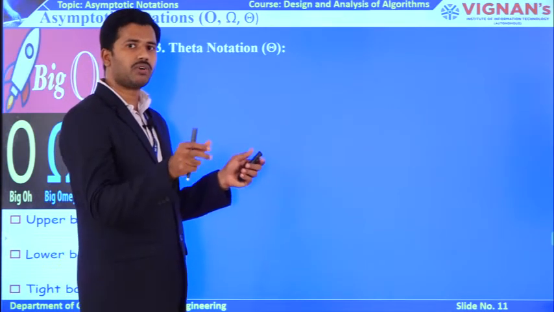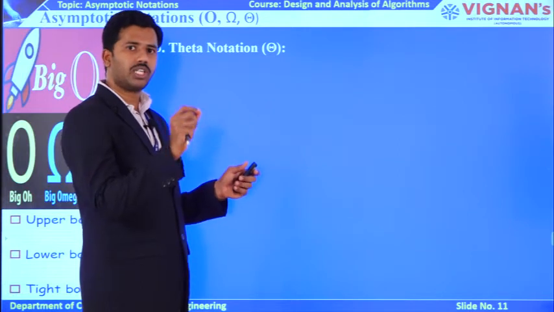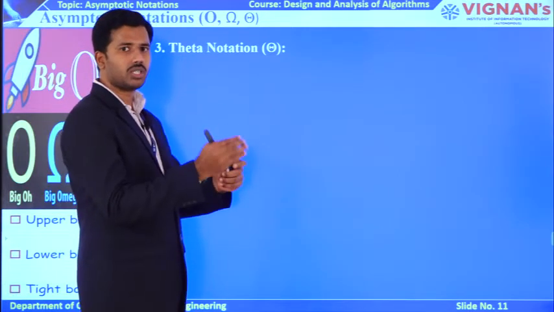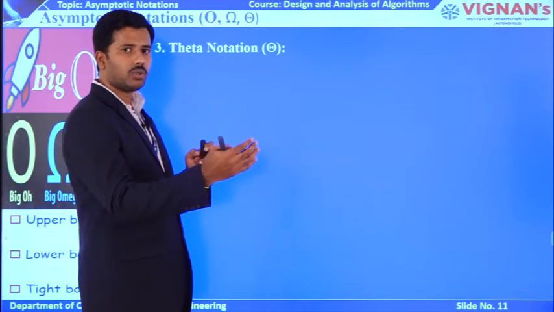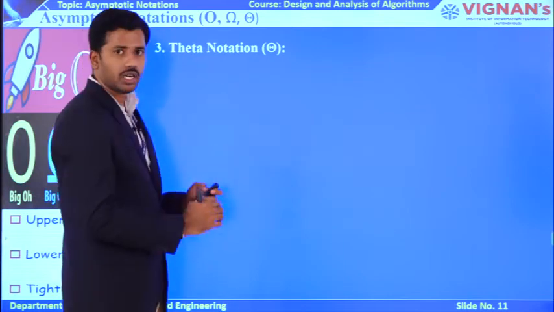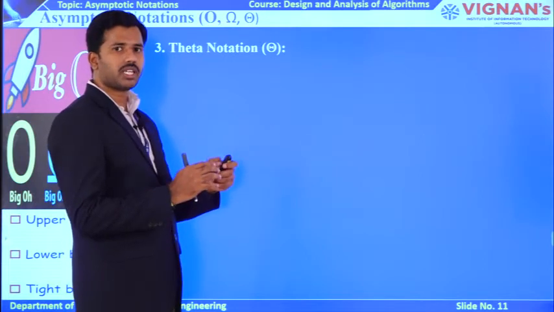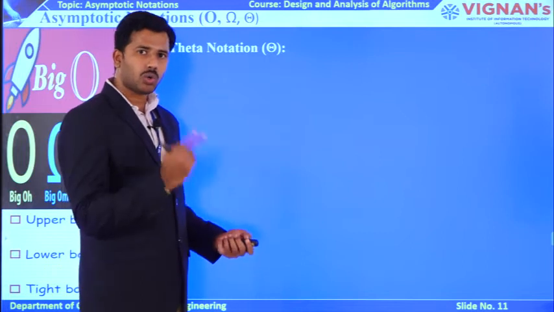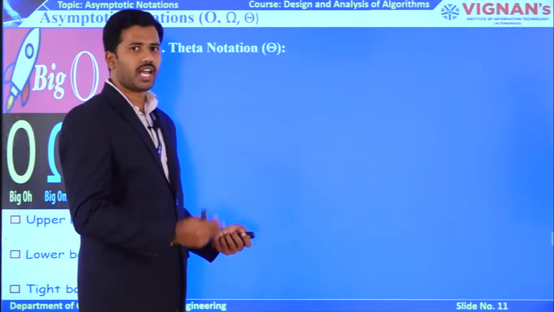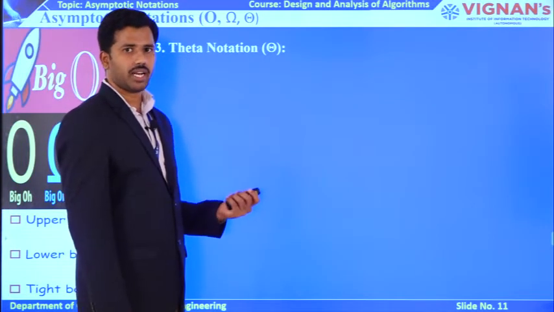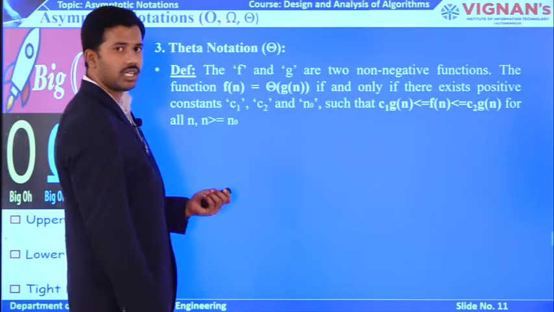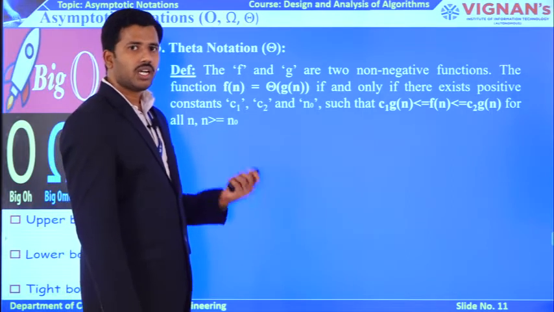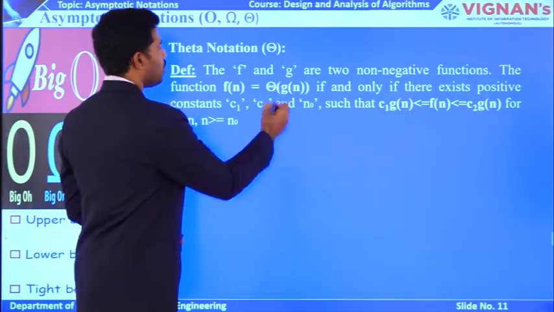So what is the relation of big O? f of n less than or equal to c into g of n. What is the relation of omega? f of n greater than or equal to c into g of n. So to get the relationship of theta, you try to combine big O notation as well as omega notation, so that you have the capability to find two constants c1 as well as c2 for every n value. The definition is saying that f of n as well as g of n are two positive functions such that these two functions have a relation with theta.